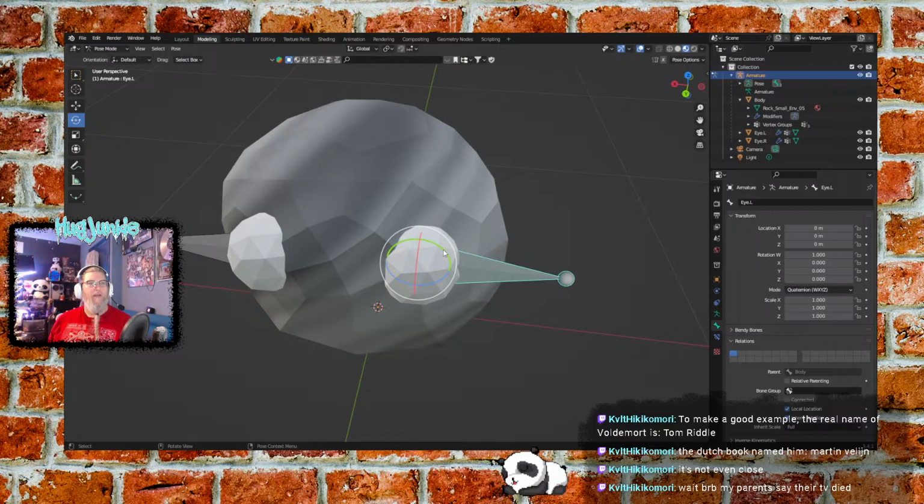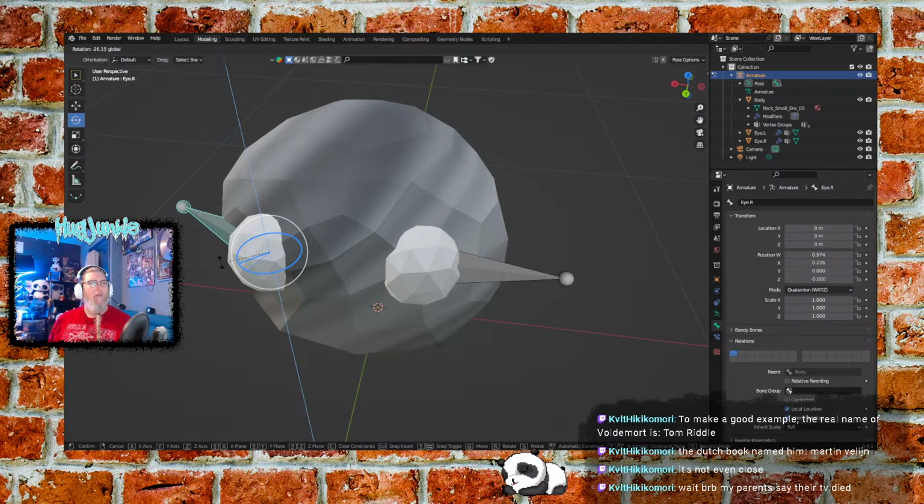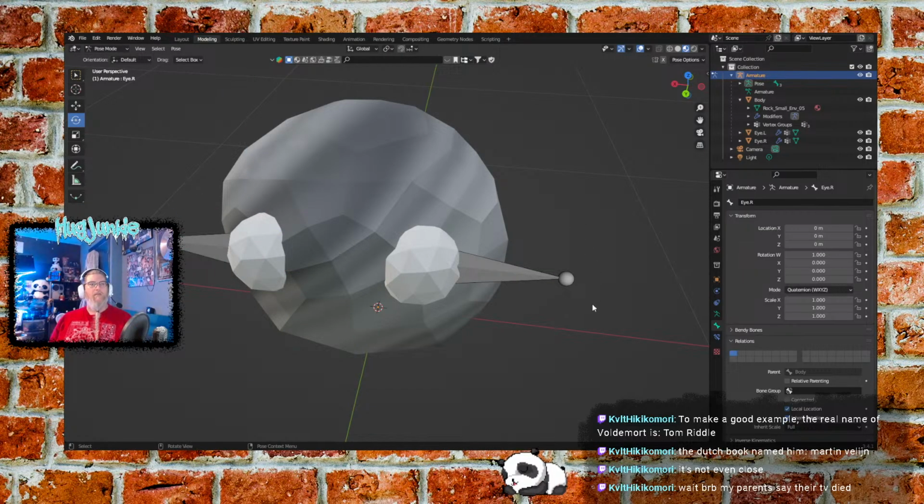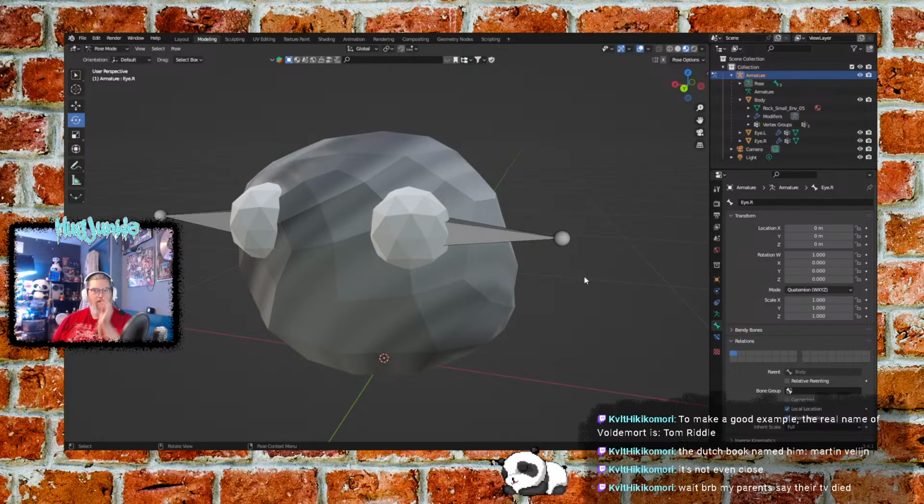I suppose the only thing I shouldn't do is rotate this way. I'll probably do locking that. Okay, happy with those eyes. Now, I suppose I can look at attaching the bone to the